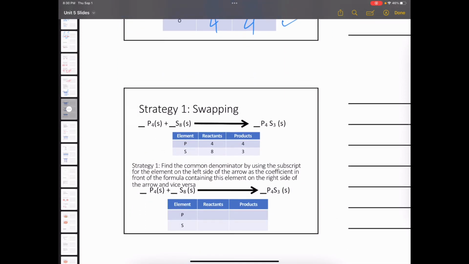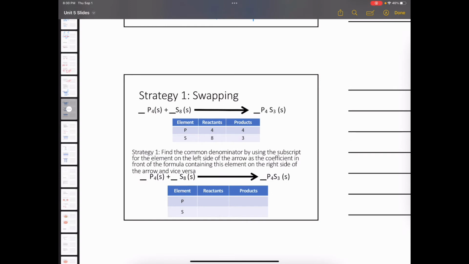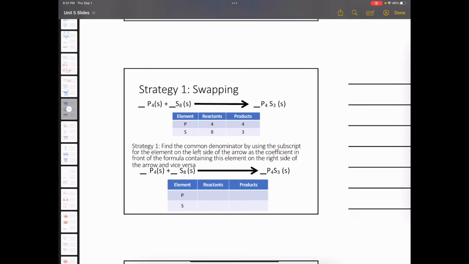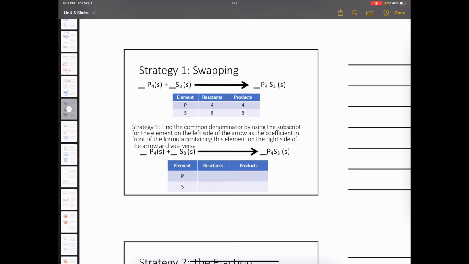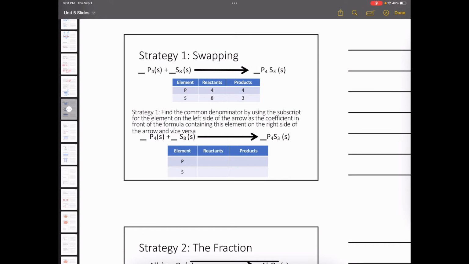Now let's try different strategies when it comes to balancing equations, because sometimes it might get a little bit more complicated. If you get used to these strategies and try to apply them with examples and homework, I think you should be able to balance any type of chemical equation, regardless of how complicated it is. Okay, so first, what we can use is what we call the swapping